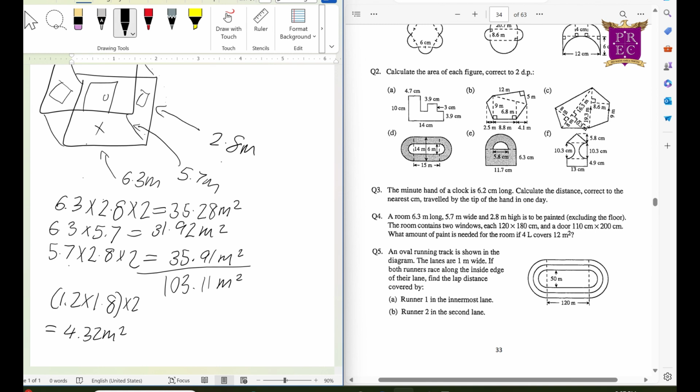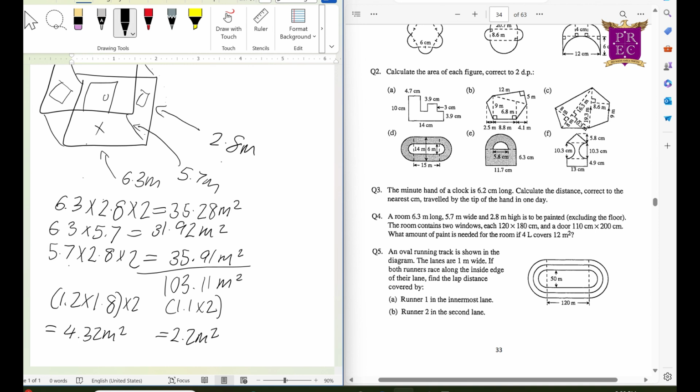And we can calculate the surface area of the door, which is 1.1 by 2 meters, which gives us 2.2 square meters. Now let's add these two up. 4.32 plus 2.2 gives us